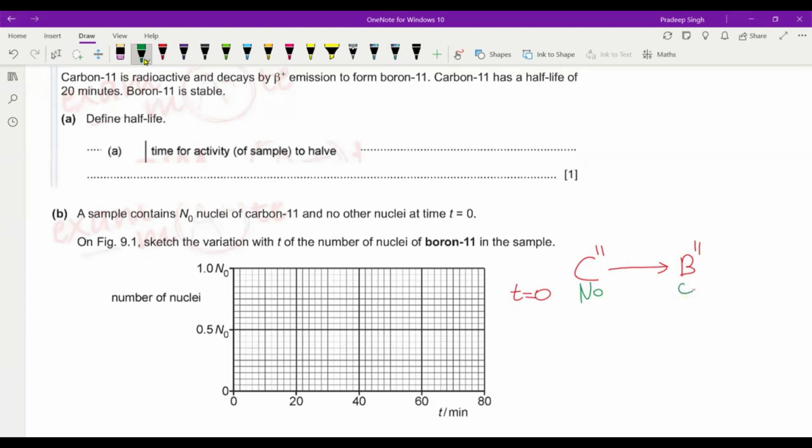Which paper is this? 2023 summer, but it is 4-3, not 4-2. So write down the concept first, that the total number of nuclei has to remain the same always. At T is equal to 20,